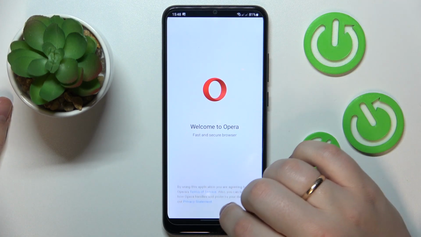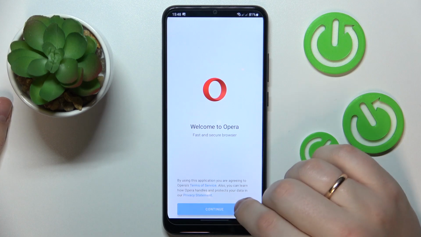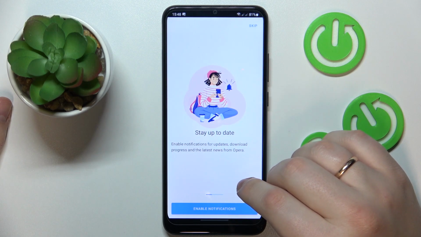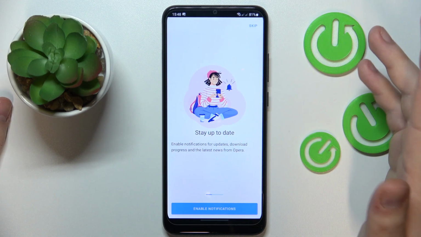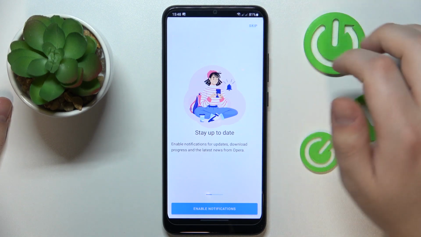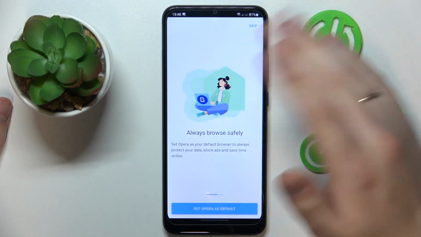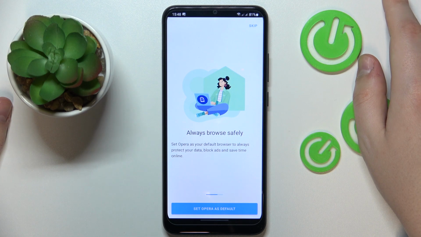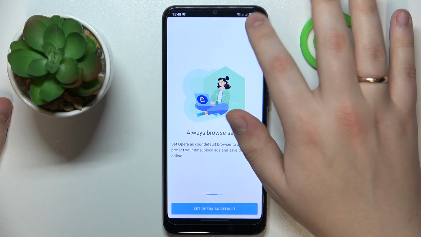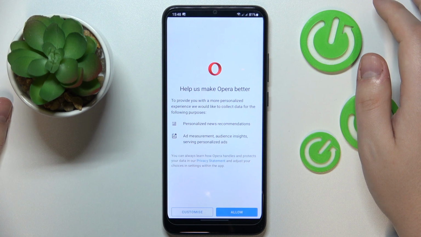Then tap at the blue continue button over here. Choose whether you would like to enable notifications from Opera, or you can skip the step. Over here you can set Opera as your default browser app right now, or you can also skip the step,